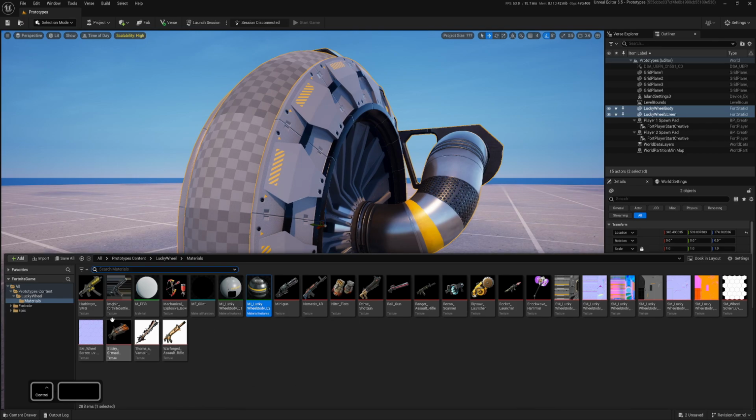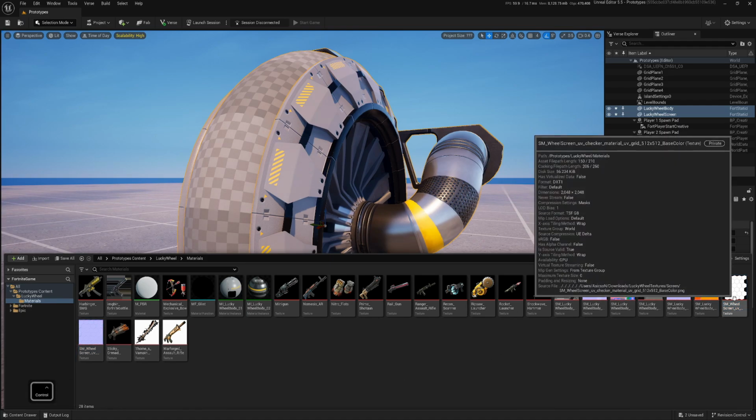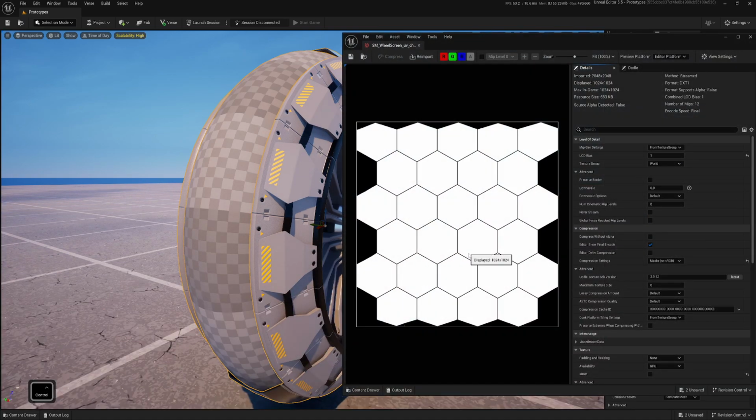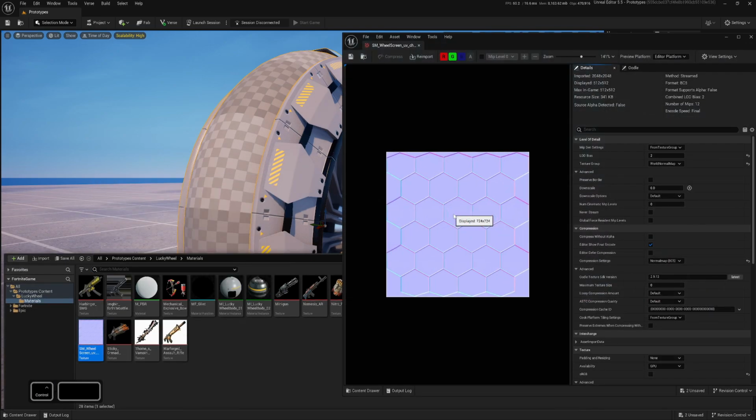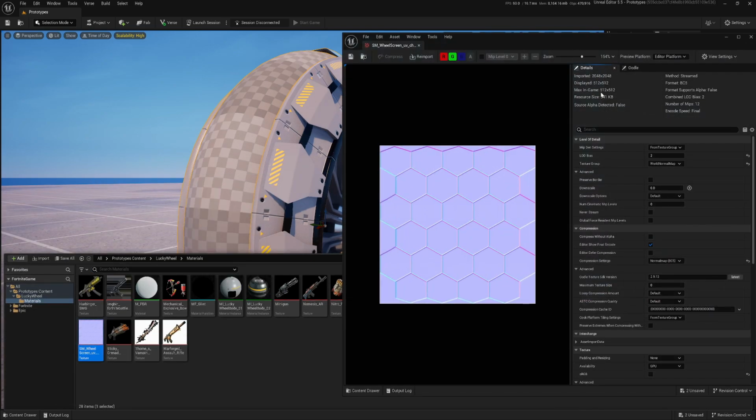Then I have all these images, 16 images, one for each slot. And I have these 6 textures for the body, and these 2 textures will be for the screen slot. As I said, there will be a tiled pattern. This is a simple black and white mask, so I set it to mask. It's the same pattern, but this one is a normal map, and I reduced it